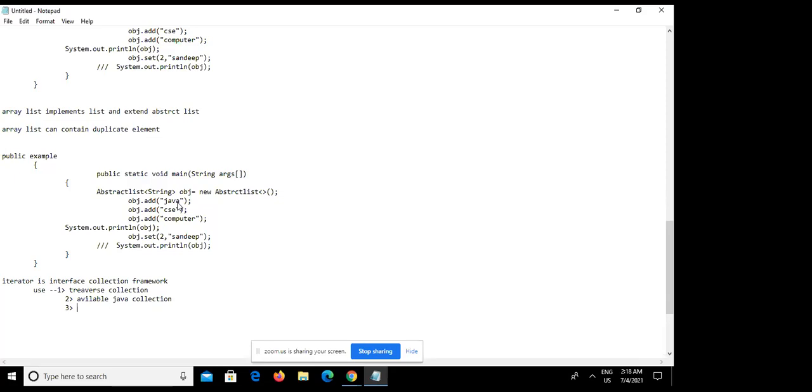Now, in iterator, generally why are we using iterator? The basic definition of Iterator is that it is an interface, and it is used to traverse the collection. Traverse means that whatever objects we have added can be printed using it. There is has next, next and remove operation, and for each. I will not go into detail on each and every one, I will just put some definitions here, showing them one by one. It traverses the collection and is available in the Java collection framework. It is also part of the Java collection framework.